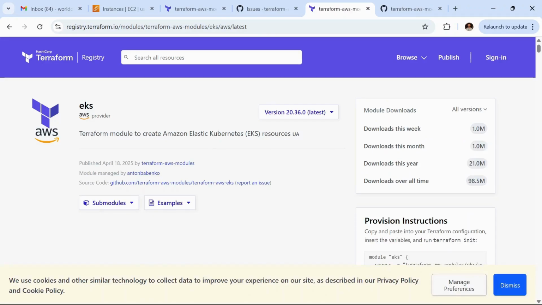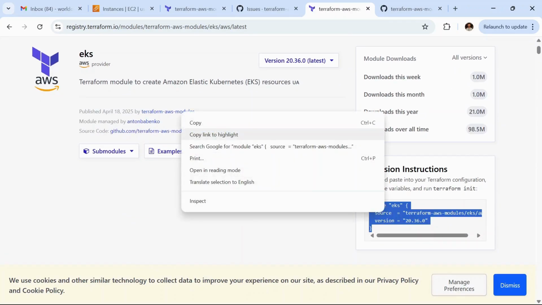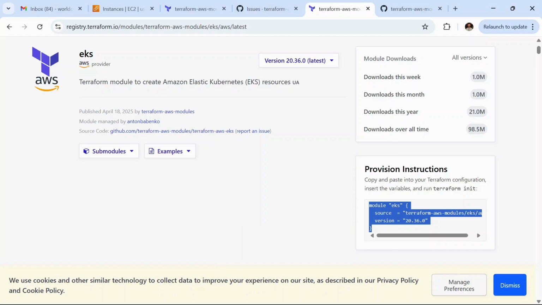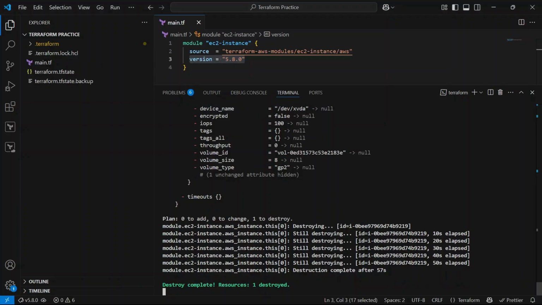So go back here, and this is how we can refer to this module. The latest version is 20.36.0, right?